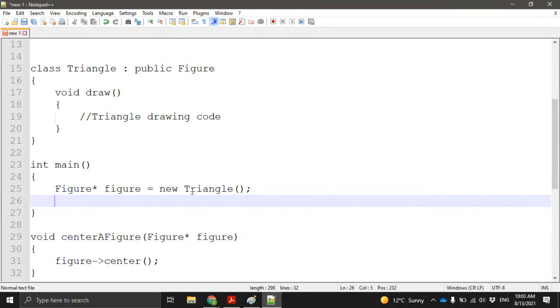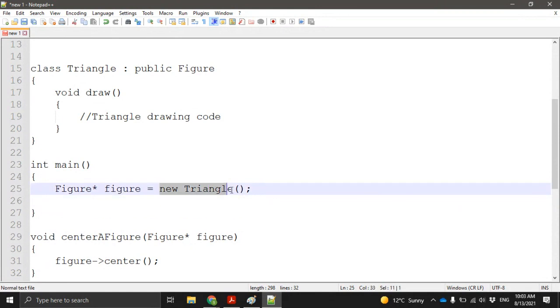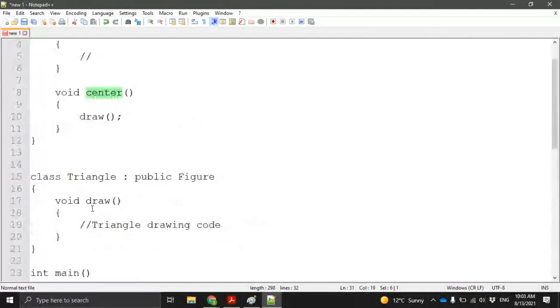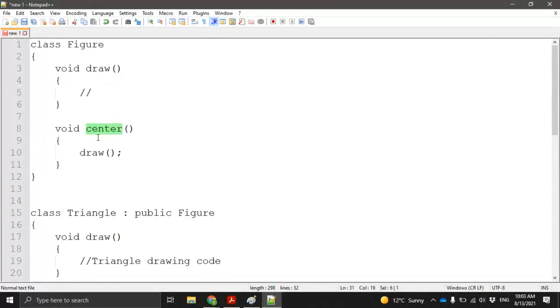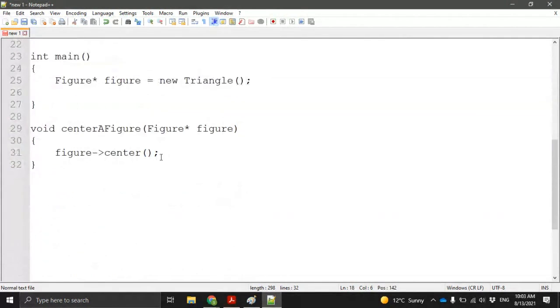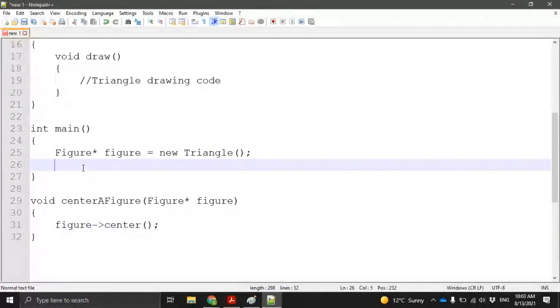It looks like this will allocate memory for an instance of a triangle, and then I will pass the triangle here, and then when I call this, it will actually call center. But then obviously when it calls center, the draw function will use the triangle's draw function, right? But that is not true. That is not what's going to happen, right? When I pass this as a parameter, when I call this function center figure,